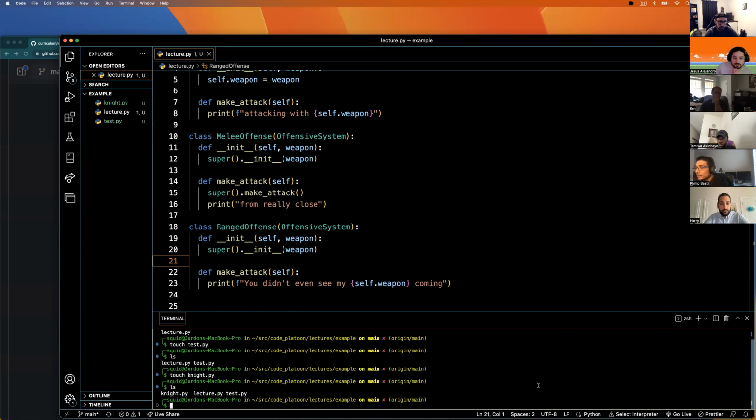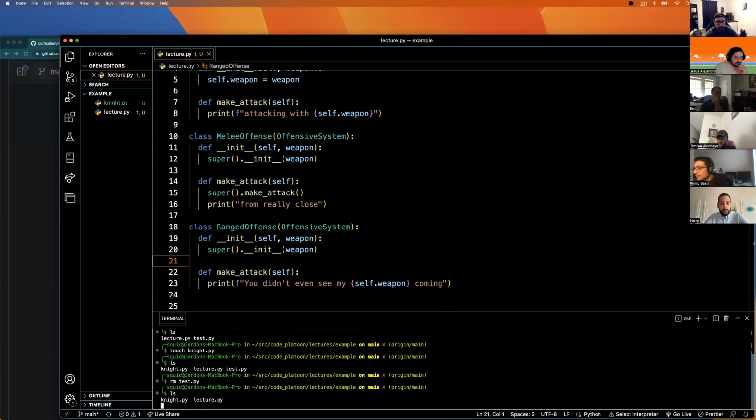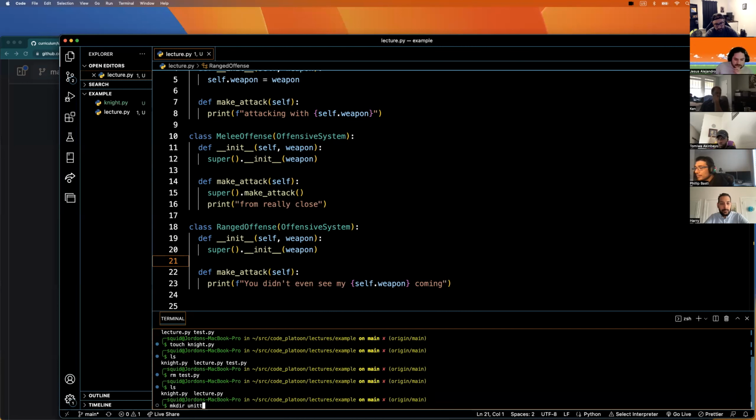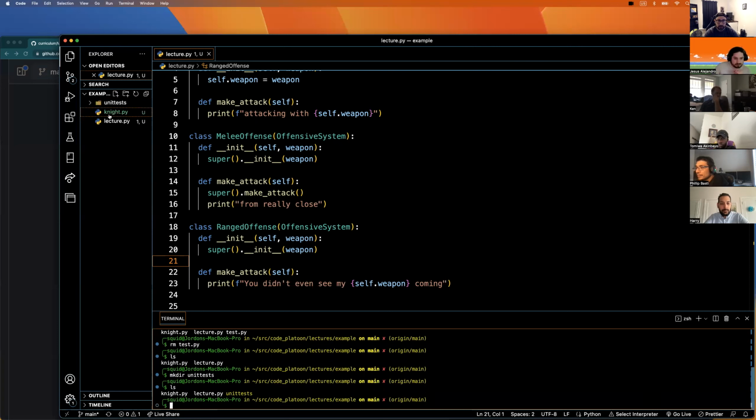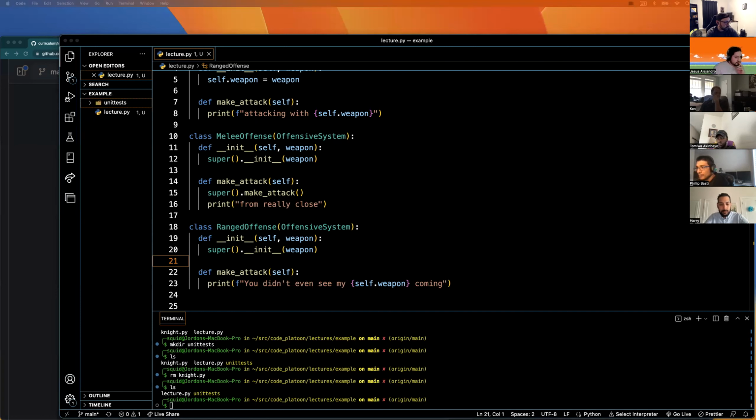With unit tests, I'm going to create a directory that I'm just going to call unit tests. And I'll get rid of night if I'm doing that. So now I've got the lecture, but I've also got unit tests for it. Not plugging anything in there just yet. Or will I? Yeah, let's go in there. So within unit tests, we have nothing. Let us create